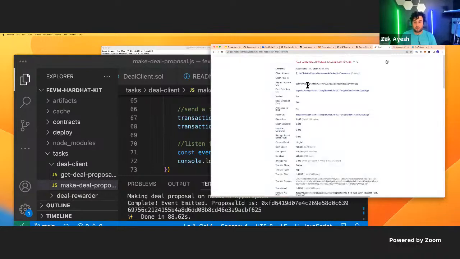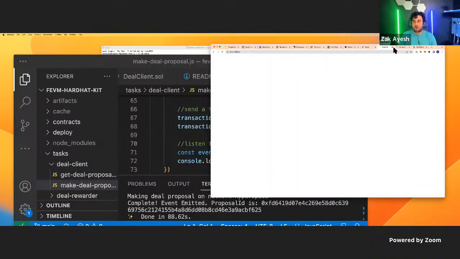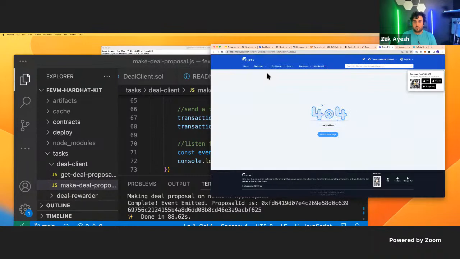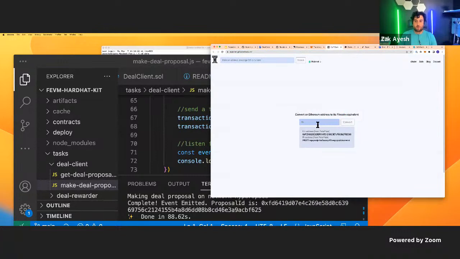If we click on the deal here, you'll see that the client address is a Filecoin client address, a T4 address, right? But if we copy this, and you go to a translator tool, there is one in the Hardhat kit script that will actually translate addresses for you. If you type it right here,